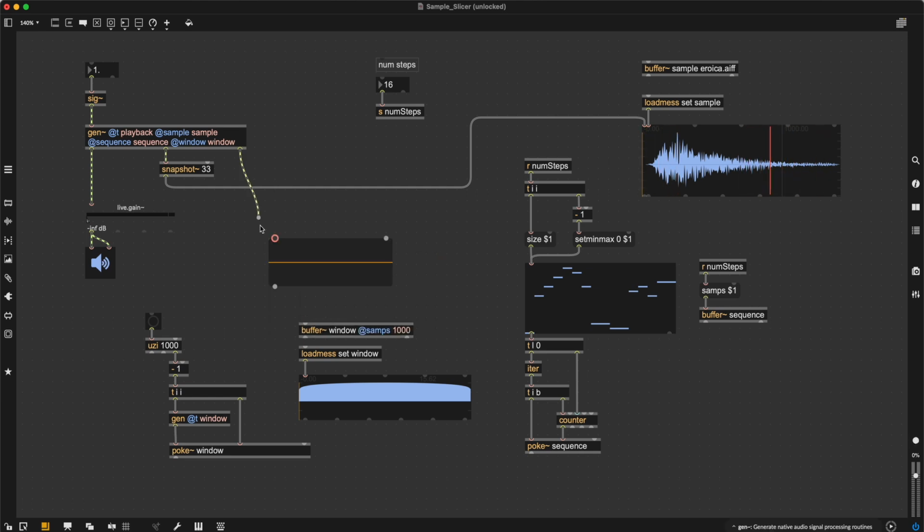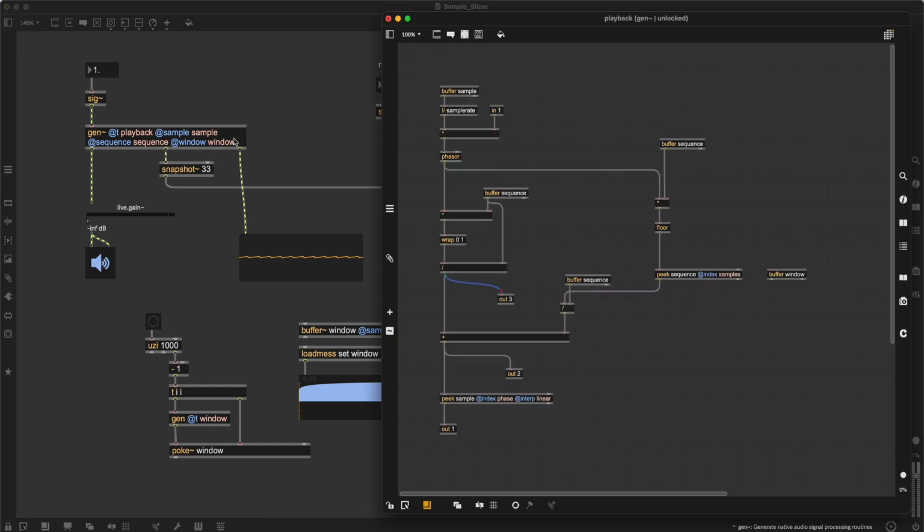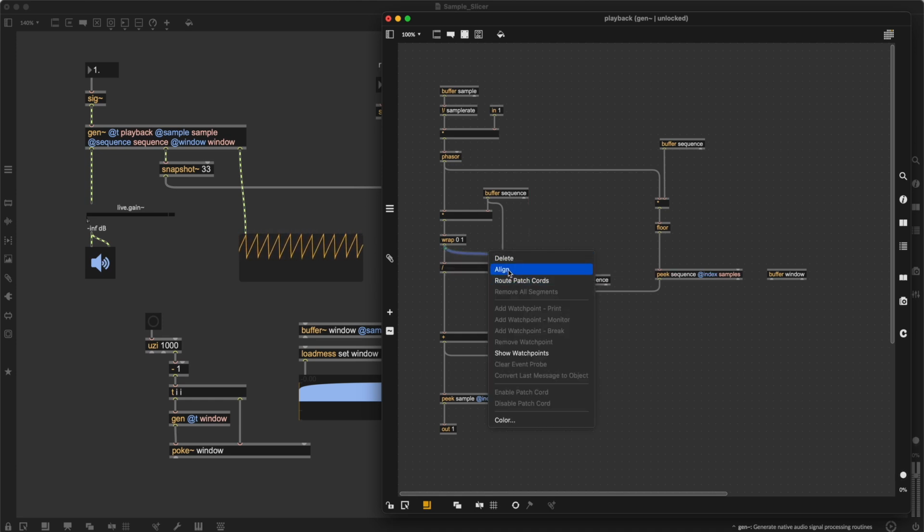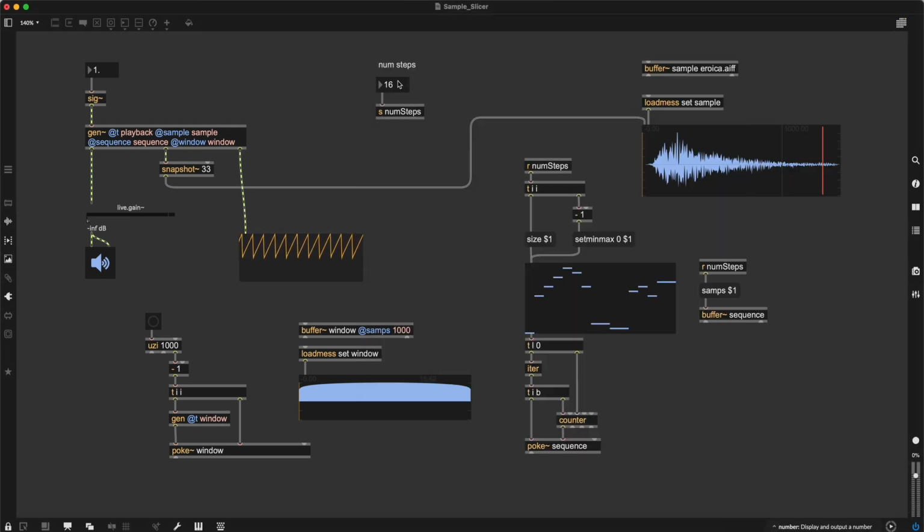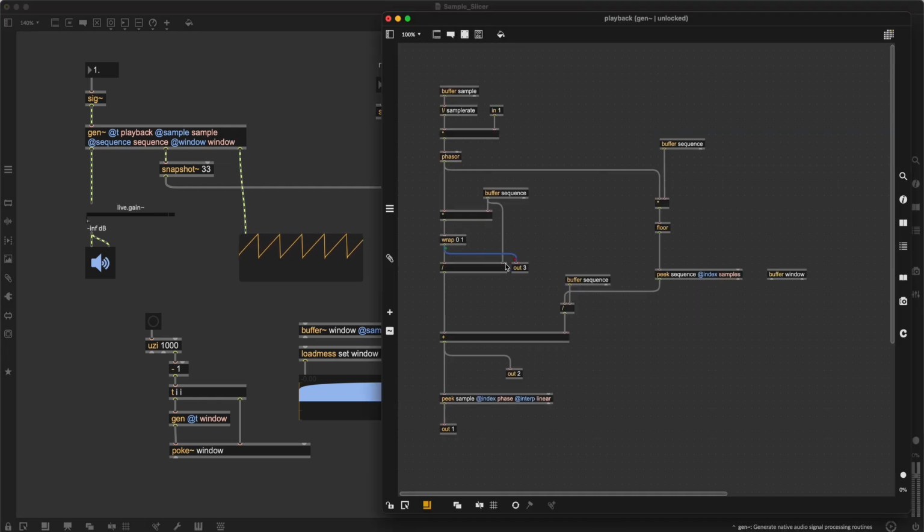Let's quickly take a look. No, we're not getting it out of here, because we're dividing it. What we want is the output of this one. Yeah, okay. So you can see that for every segment we're playing, let's make them a bit longer, we're getting a ramp that's ranging from 0 to 1. So I will then use this ramp to, again,